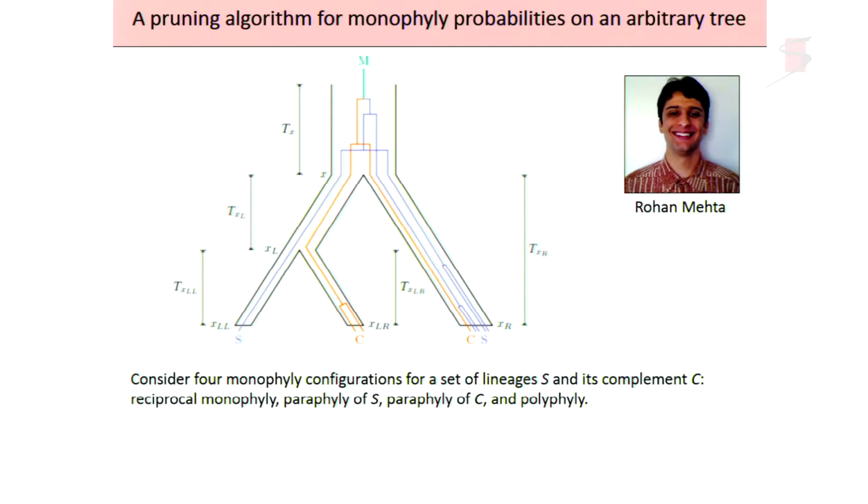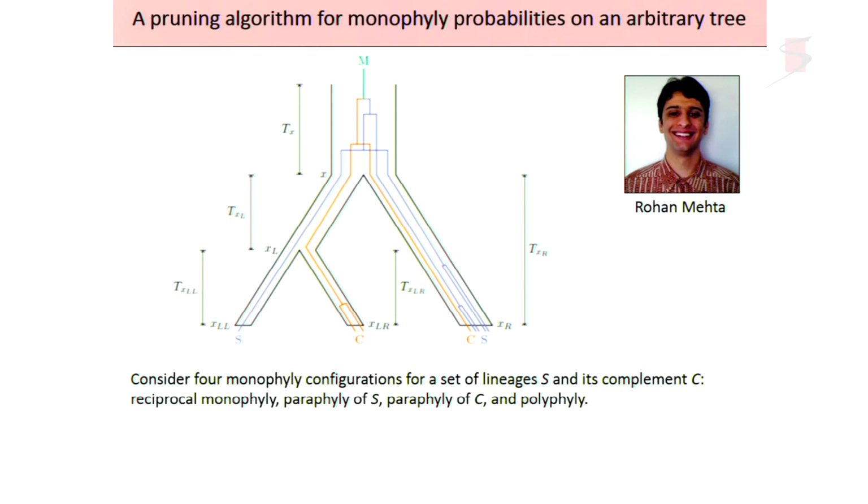If you think about what the computation entails, we can imagine a species tree, and we have two classes of lineages, a set of lineages S and its complement, the remaining set of lineages, which we'll call C. That pair of lineage classes has 4 possible configurations: reciprocal monophyly, paraphyly of S, paraphyly of C, and polyphyly. So that's the way to get around these 41 possibilities, is to just think about it in terms of 4